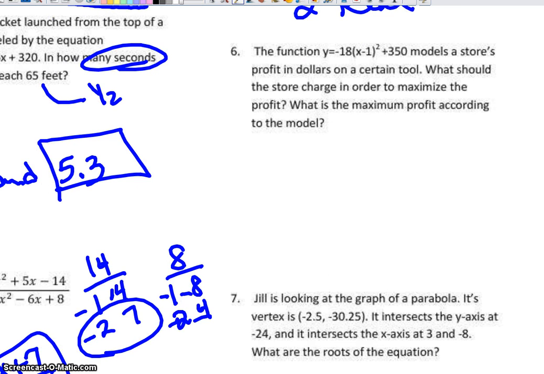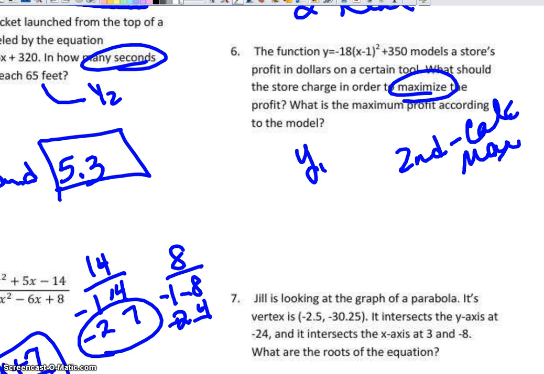Number 6, the function y equals negative 18 times x minus 1 squared plus 350 models the store's profit in dollars on a certain tool. What should the store charge in order to maximize the profit? What is the maximum profit? Okay, maximize. Okay, you're going to find the maximum. Put it into y1, and then you're going to do second calc